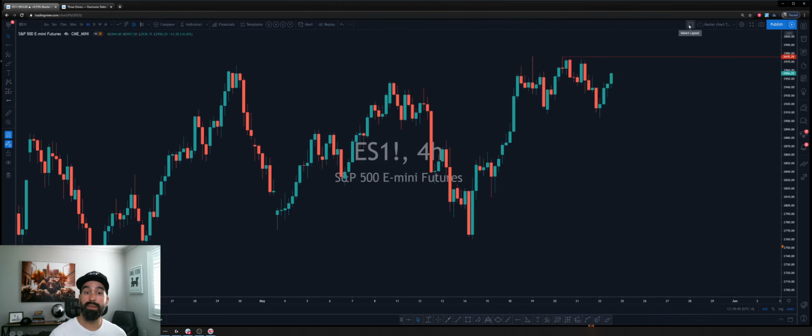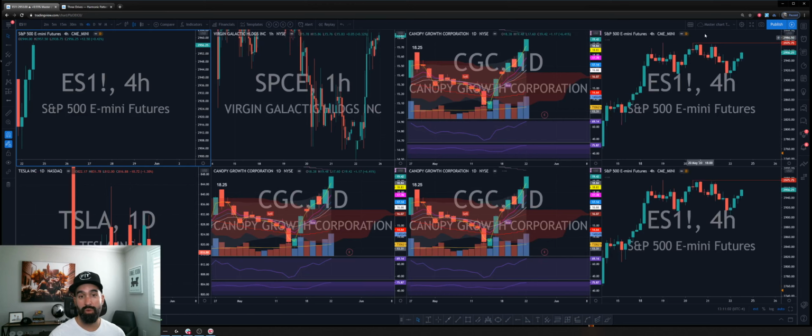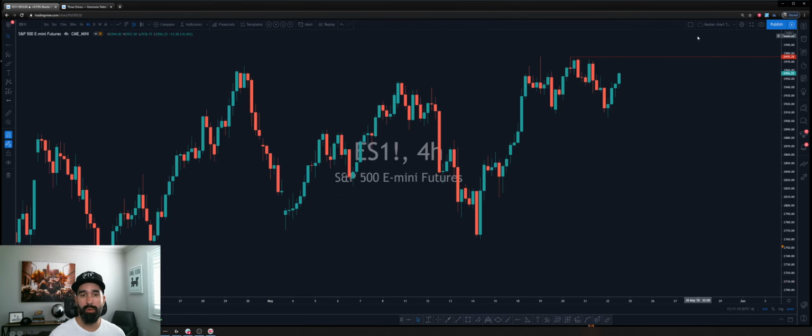So over here is the layout. You have multiple choices here to decide how you want your screen to look. Do I want 8 charts? Do I want 8 charts to look like this? Do I want just 4 charts, right? For example, just 4 charts. And then when you come over here, I didn't mean to do that, but anyways, when you come over here,